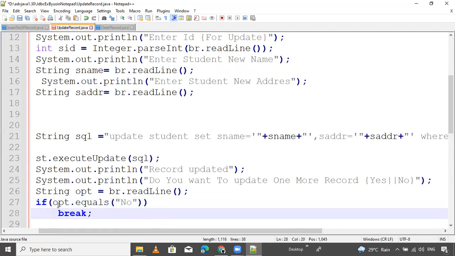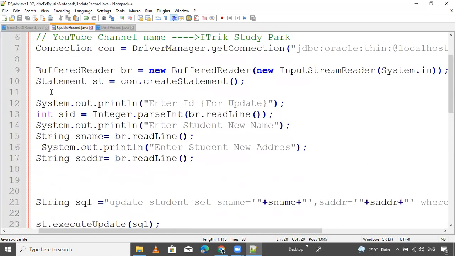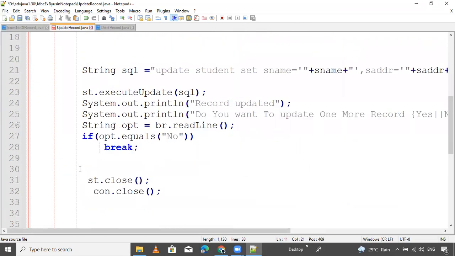If the user presses no, break the statement, break this loop. Here, a simple while loop with true, and close it after this break statement.